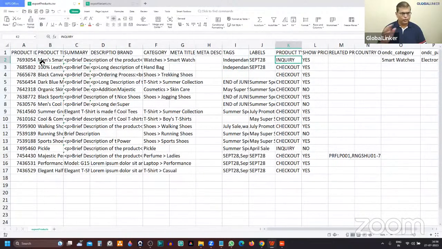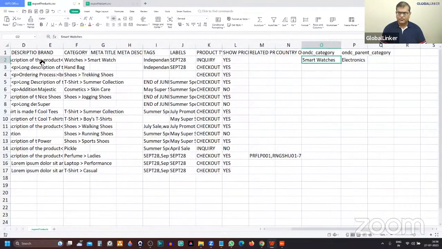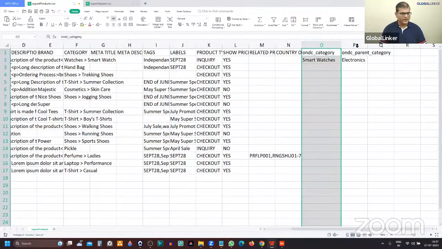If you go to the extreme right side, you'll see these fields, ONDC category and subcategory. Here you have to be slightly conscious because the parent category is in column P and in column O is the subcategory. So just add them appropriately.